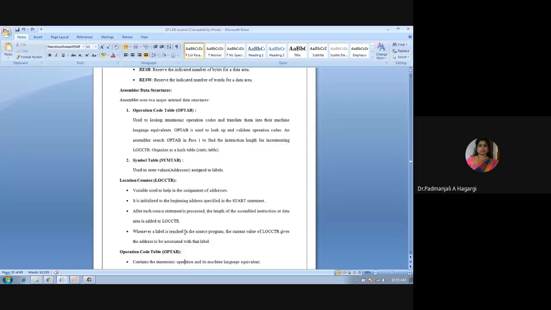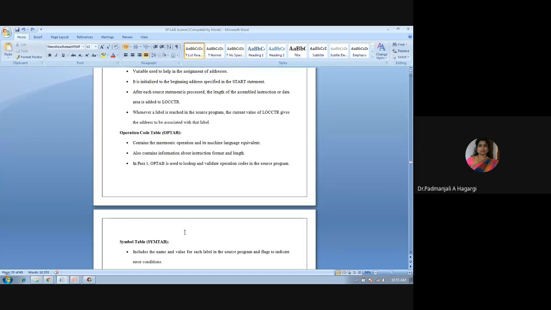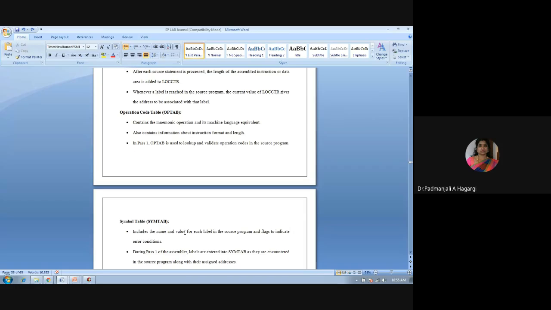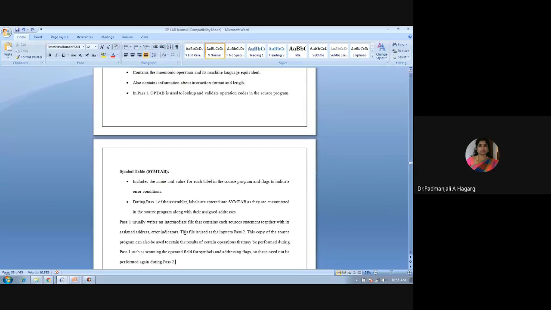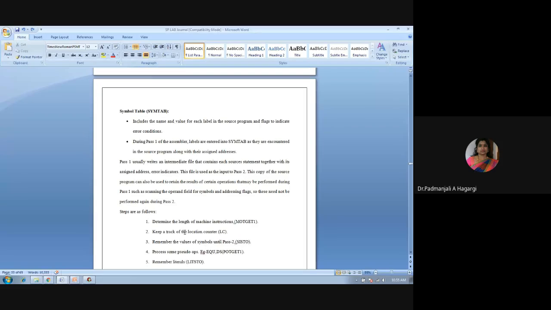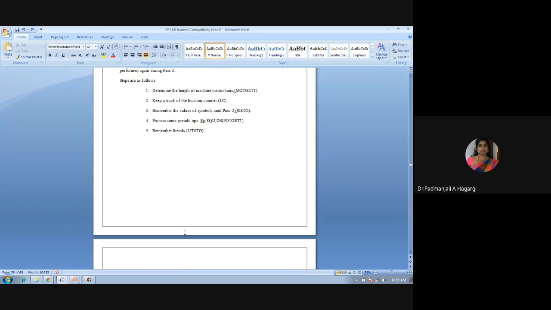So if it encounters in a program all such different things, these are the different imperative statements and different declarations. If it scans all such things during pass one, whenever it sees them, it should keep track of the location counter. And one more thing, which I have not told in the theoretical part, it also determines